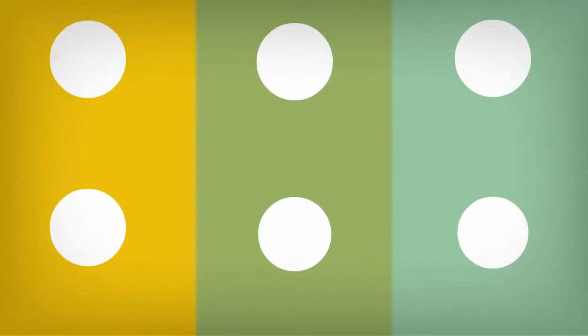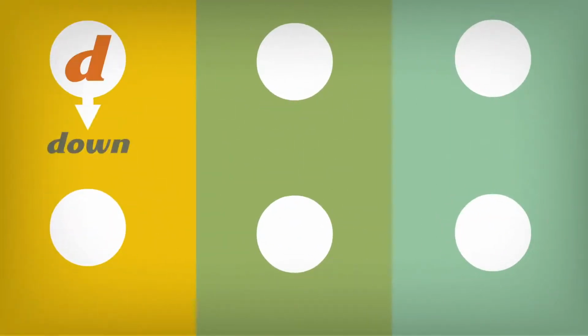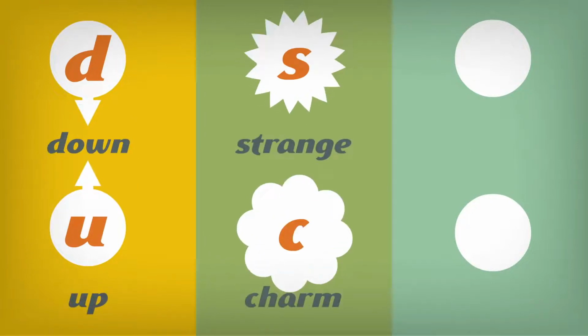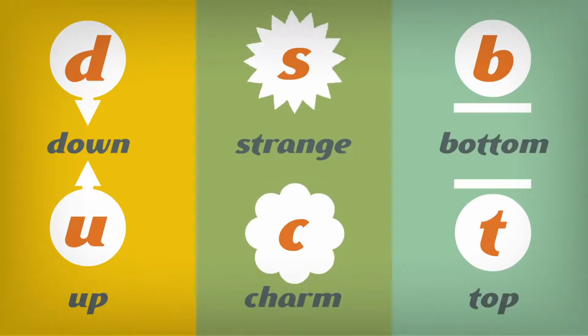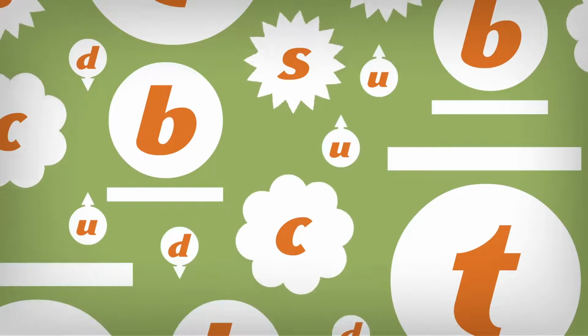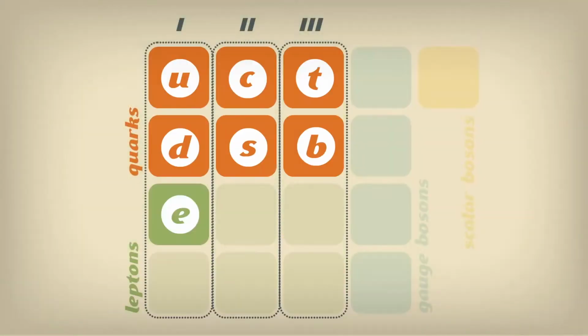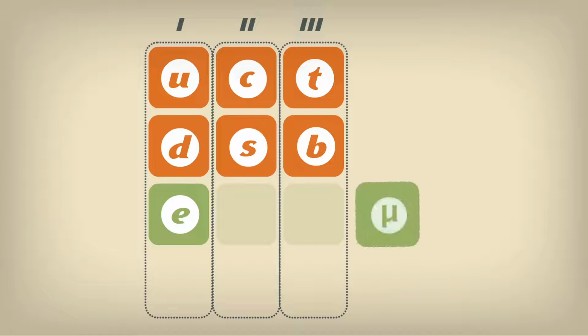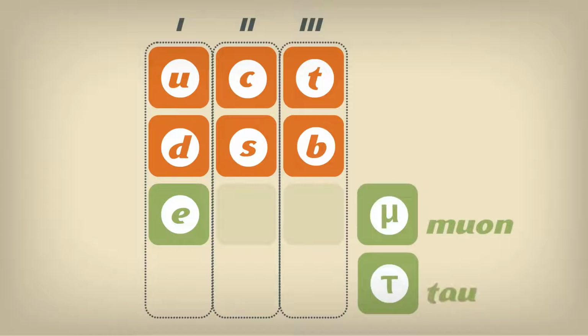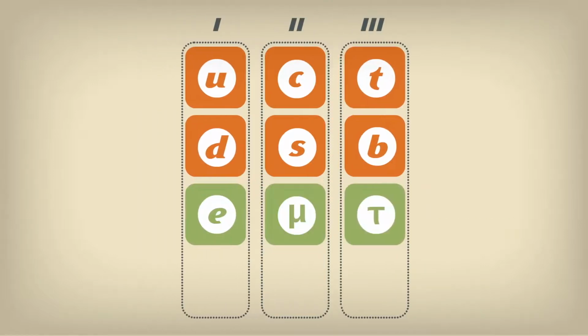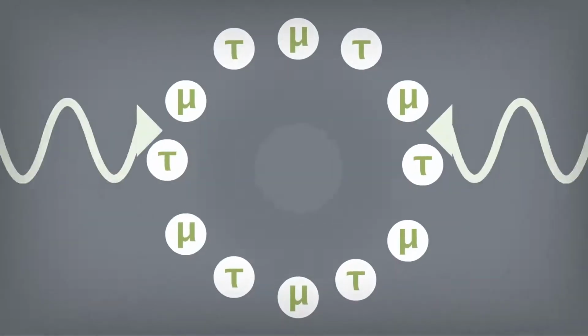matter. However, high-energy experiments reveal that there are actually 6 quarks: down and up, strange and charm, and bottom and top. And they come in a wide range of masses. The same was found for electrons, which have heavier siblings called the muon and the tau. Why are there 3 and only 3 different versions of each of these particles? This remains a mystery. These heavy particles are only produced for very brief moments in high-energy collisions and are not